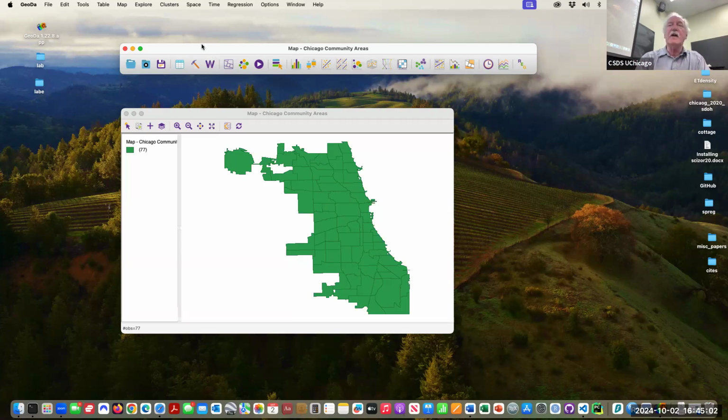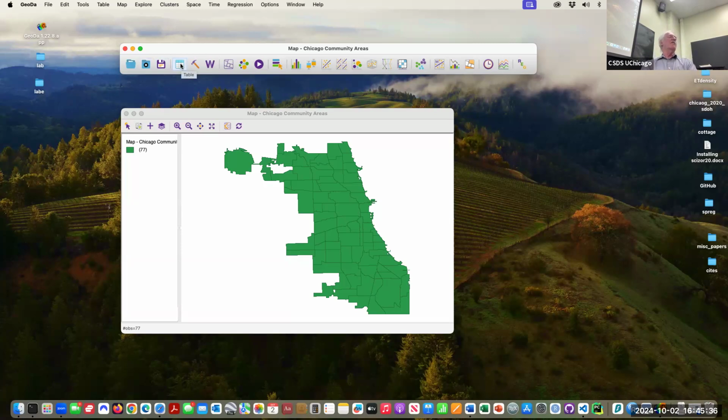So each of these kind of large conceptual areas corresponds to an icon on the bar. And if you just wait a little second, it will pop up a little window below it, which will tell you what this particular functionality is. So this is to open files. We just did this. This is to close files. This is to save files. Okay. This is a table functionality, and we'll spend a little bit of time on that